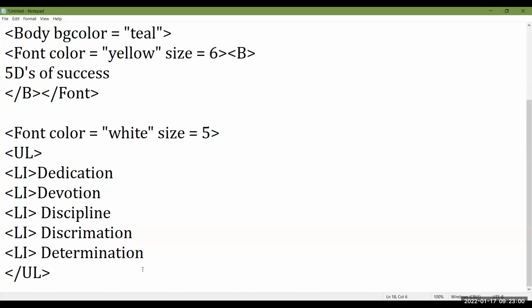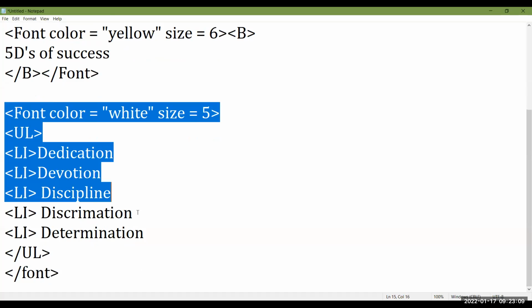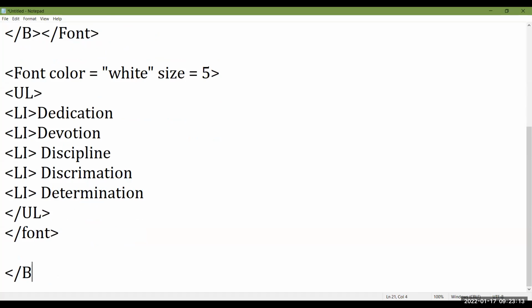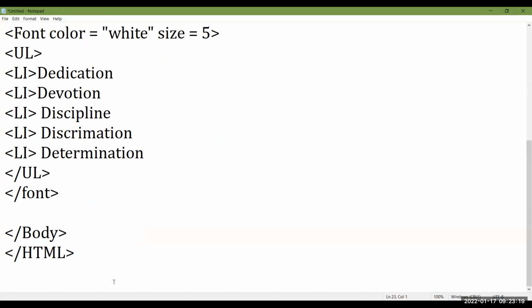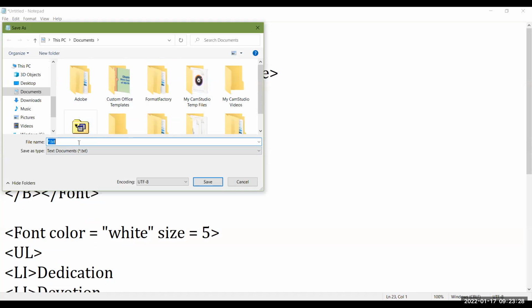Now last one, I'm going to close the font tag which I had started. After that, I need to close the body tag. Then I'm going to close the HTML tag. Now save this file. File, save as, give a name.